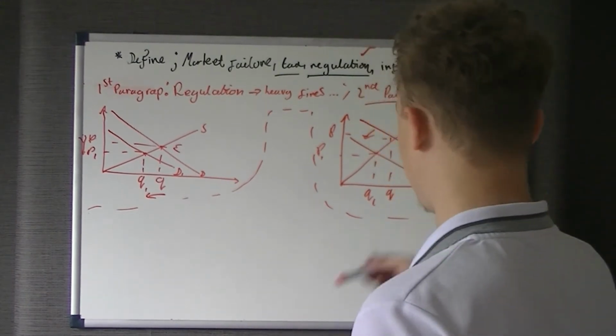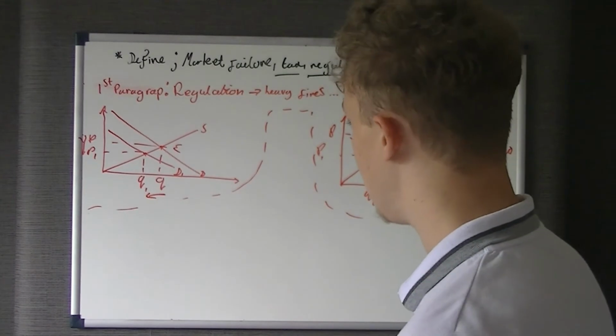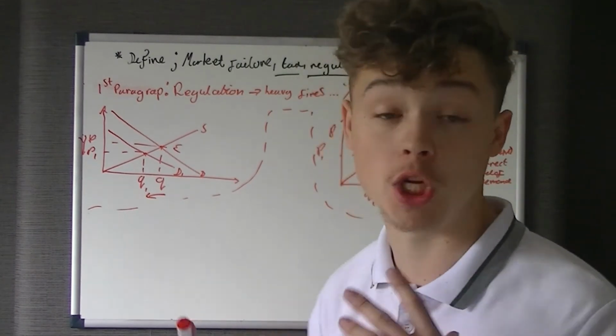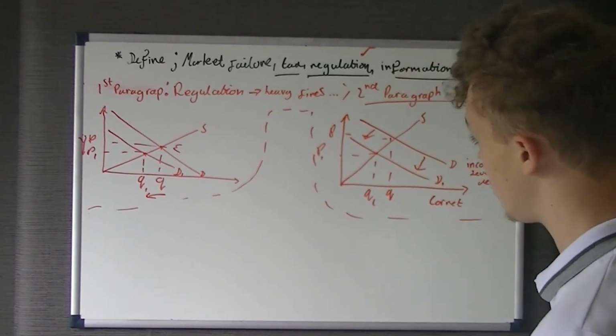Because you are talking about the incorrect and correct levels of demand, so it's not exactly the same sort of answer as for regulation, because regulation is simple. And then your second paragraph is information provision. Your third paragraph,